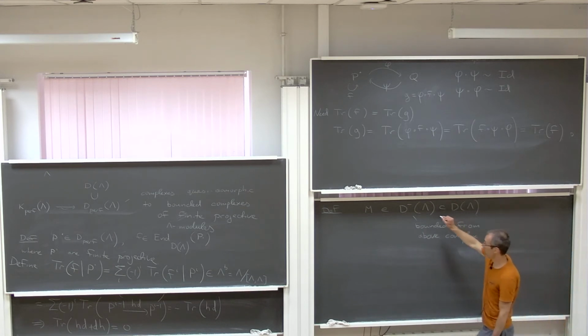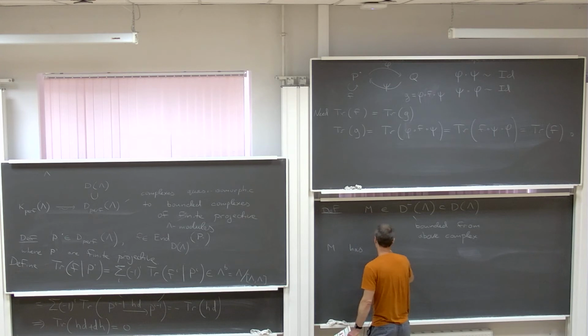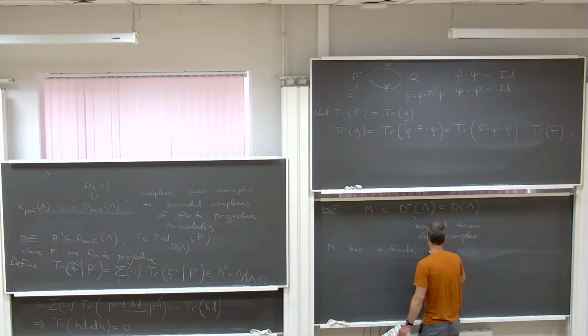So suppose I have M here, and we say that M has finite Tor dimension